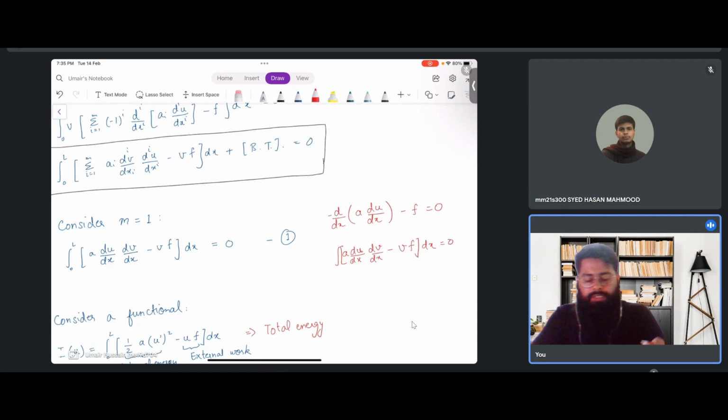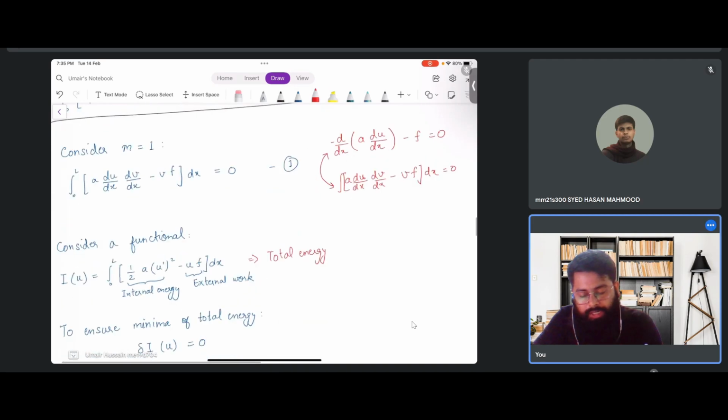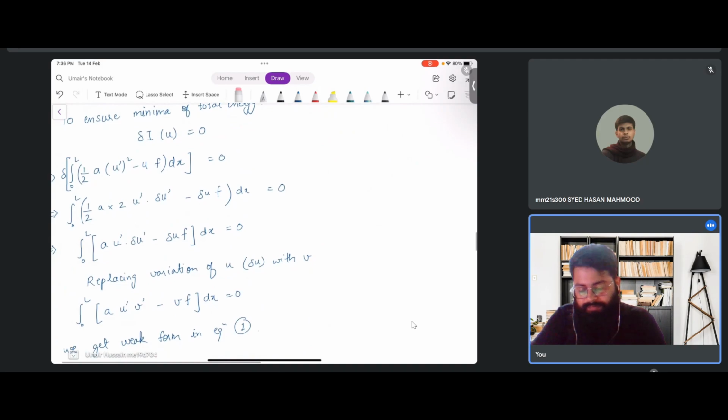In the very basics of FEM, we know that these two forms are equivalent. And right now, we also prove that this functional I(u), sorry, the variation of this functional put as 0, is also equivalent to these two. So this thing means the same thing. So once we have established this,